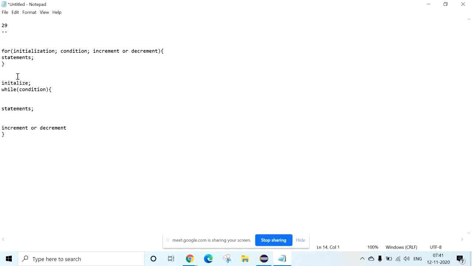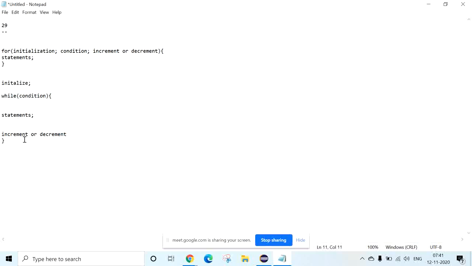Now you see both are the same, because in the for loop also the initialization happens only one time. So we have done it before the while loop. Anyhow, the statements are going to be executed until the condition is false, right? Once the statements get executed, we increment or decrement to check whether the condition is true or false.